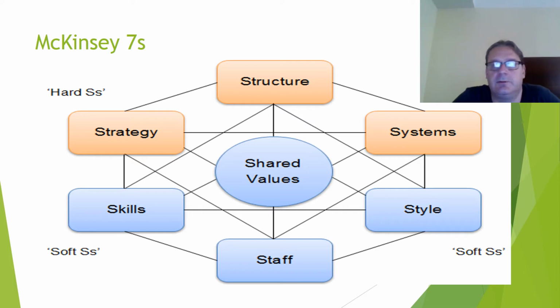Now we're going to move on to a slightly different view of an organization, and this comes from McKinsey. McKinsey's one of the world's largest consulting firms, hugely expensive. I've actually done this in real life, worked on one of these for a bizarre organization, which is a police force in a large city in Russia. So the McKinsey 7 S's are the ways in which we analyze how an organization is set up, based on basically its people.